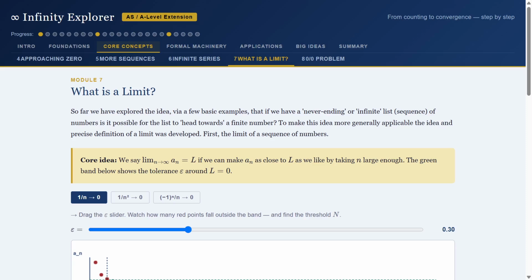And so the core idea is that if we have a sequence of numbers, an, and we want to ask, is there some number that ultimately that sequence is getting closer to, and we'll call it L, by taking enough numbers in the sequence, n, what we've got to show is that the difference between our limit L and any number in the sequence is smaller than some very small number epsilon. Okay,